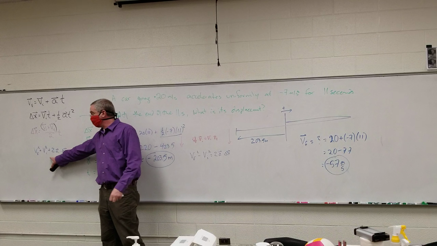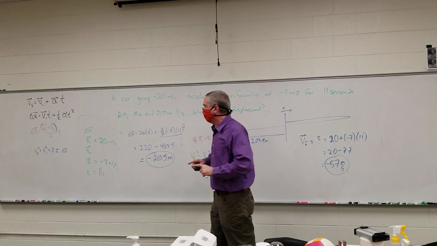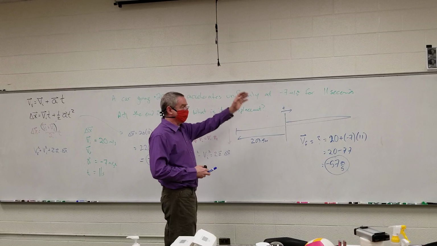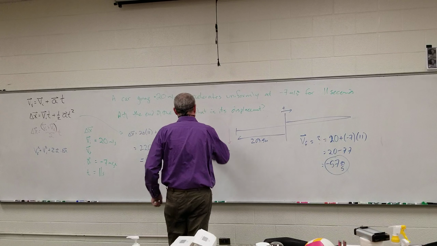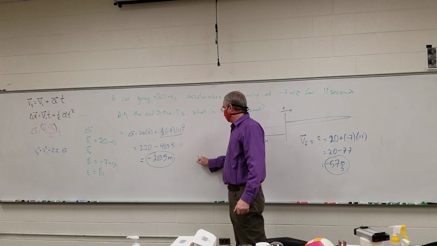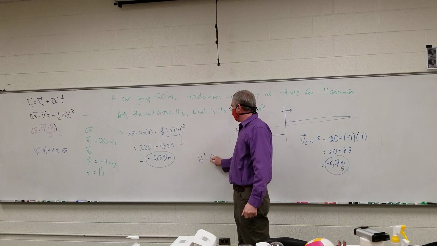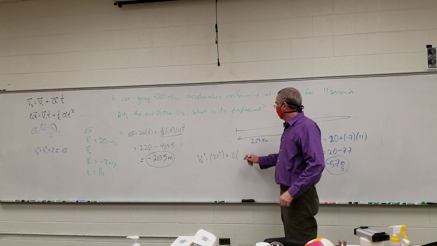So using this will get us the right answer, but we have to think a little bit at the end as opposed to just the blind plug and chug and trust that we've done everything correctly. So using that last equation, I have VF squared is equal to 20 squared plus 2 times negative 7